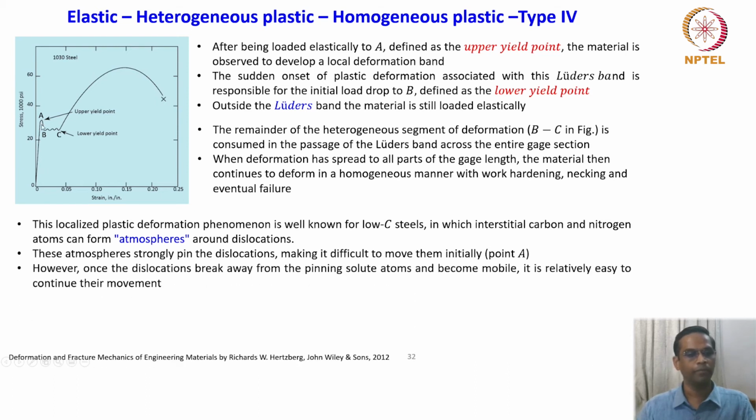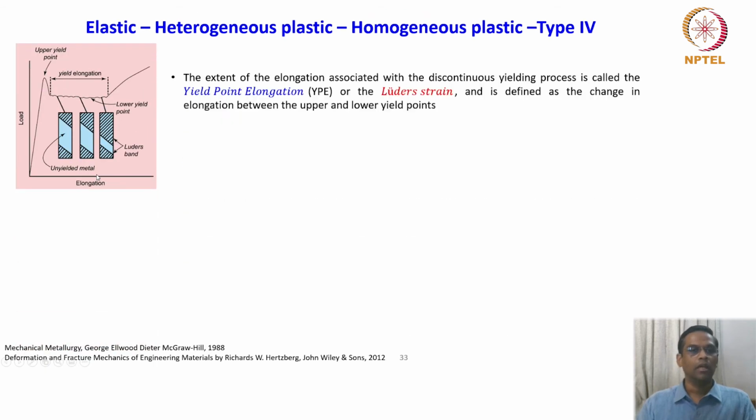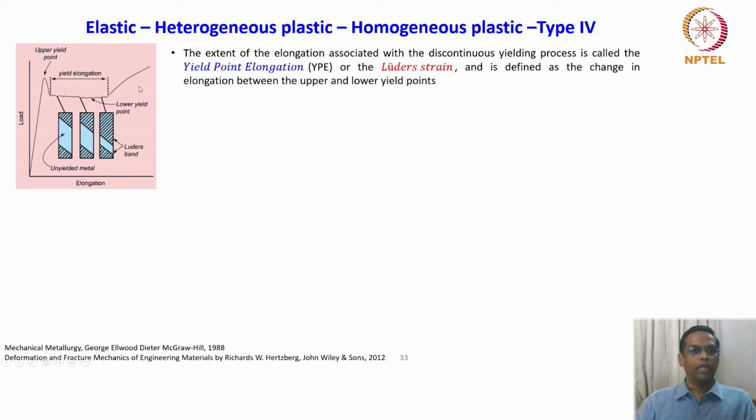However, once the dislocations break away from the pinning solute atoms and become mobile, it is relatively easy to continue their movement. So there is something called unpinning force here after the point A. The dislocation has to unpin from the interstitial atoms and then try to move. Okay, we will continue that